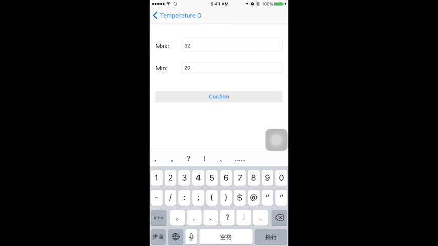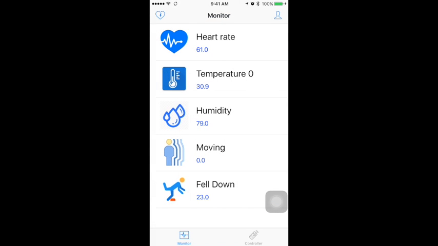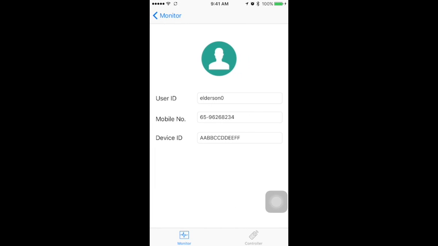If the temperature is higher than this maximum value, it will send a notification to the application. Now I'm holding the sensor, so it needs some time. Okay, maybe before that, we will see the